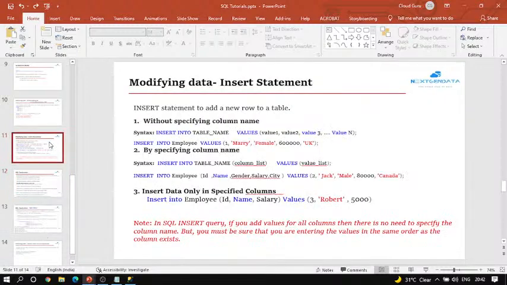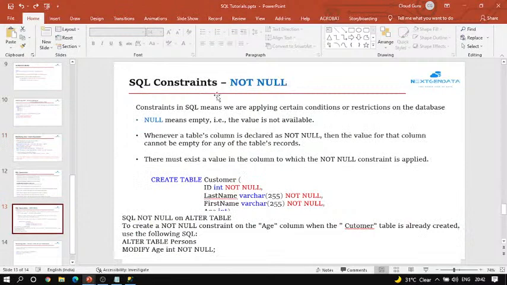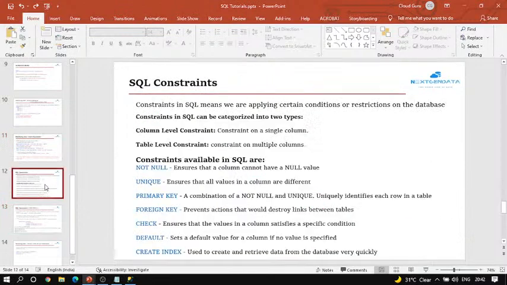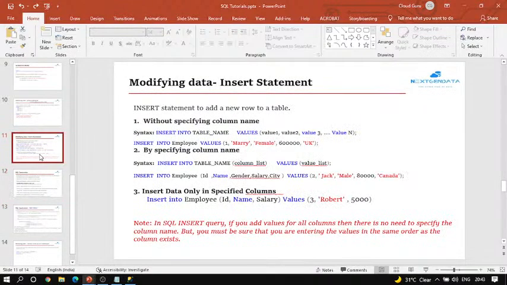Okay, so today we will stop here, and tomorrow I will cover SQL constraints. What are the different types of constraints? How they are useful in our